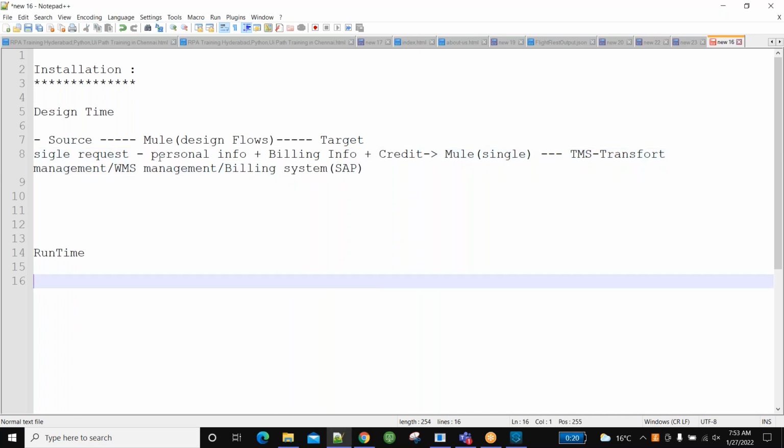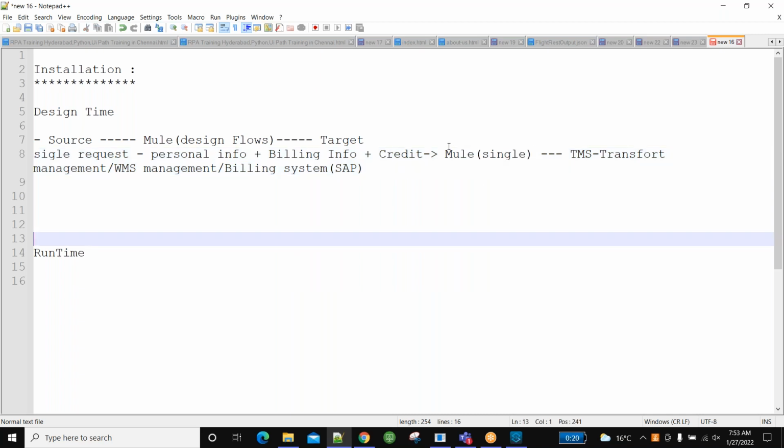See, you are a user, you place this information. In between, we are using Mule. So what is the responsibility of Mule? Mule has to send item information to warehouse management. That means it has to touch base. Here, our target systems are three systems: the transport system, the WMS system, and the billing system.